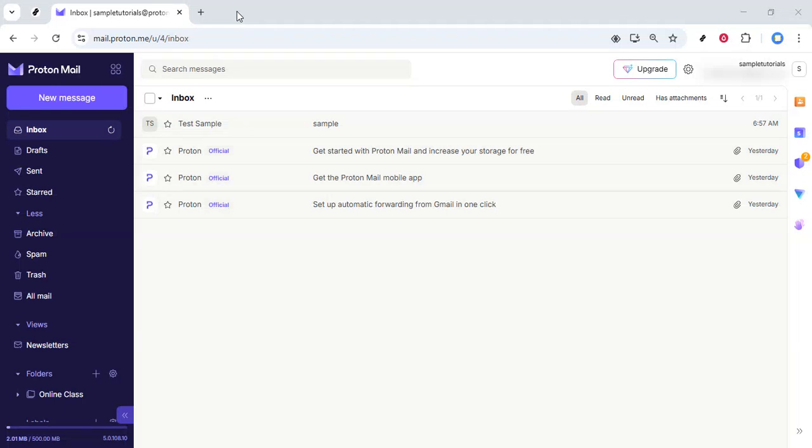In this video, I'll guide you through how to secure Protonmail. We'll go step by step through the essential settings you should know. So by the end, you'll understand where to find the key security options and what they do. I'll keep things simple and clear so you can follow along even if you're new to Protonmail or email security